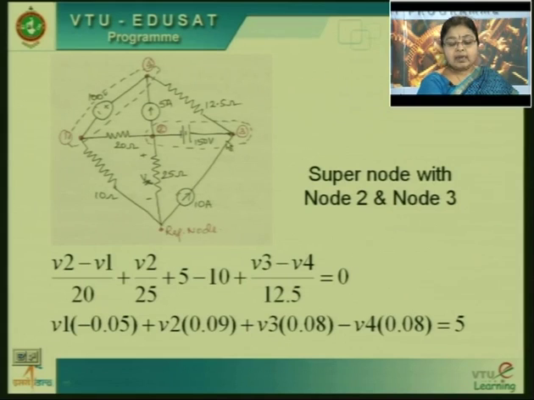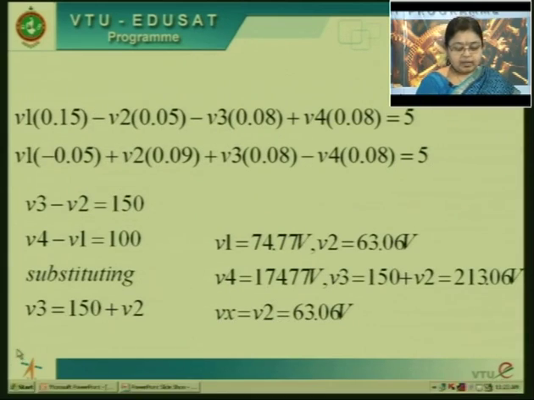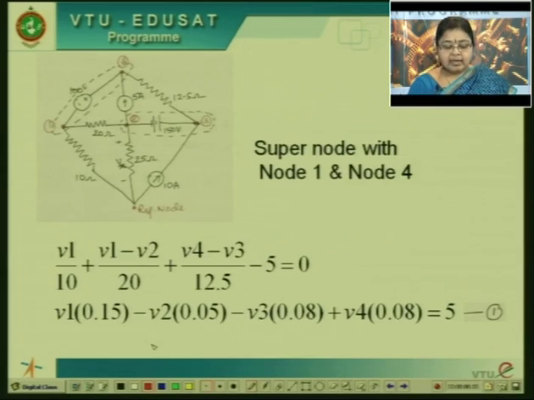Now if I consider the elements connected to node 3, apart from this voltage source, we are shorting this 150 volt source. So we are left with this 10 ampere current source and 12.5 ohm resistor. The 10 ampere current is entering node 3, so minus 10 in the equation. And the current flowing through 12.5 ohms leaves node 3 and enters node 4. Because I am writing the equation at node 3, my assumption will be V3 is greater than V4. So current flows from V3 to V4,